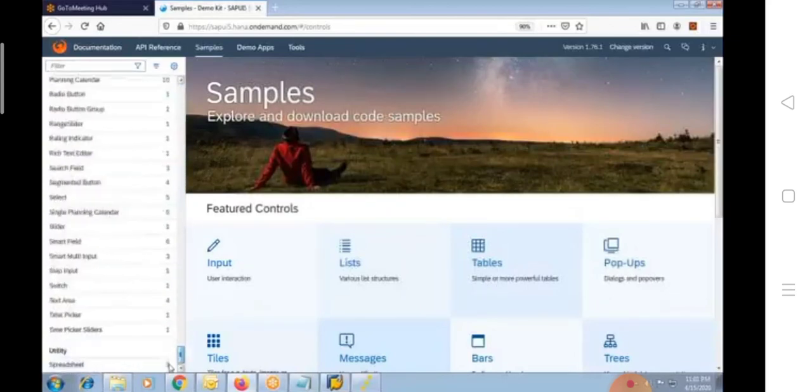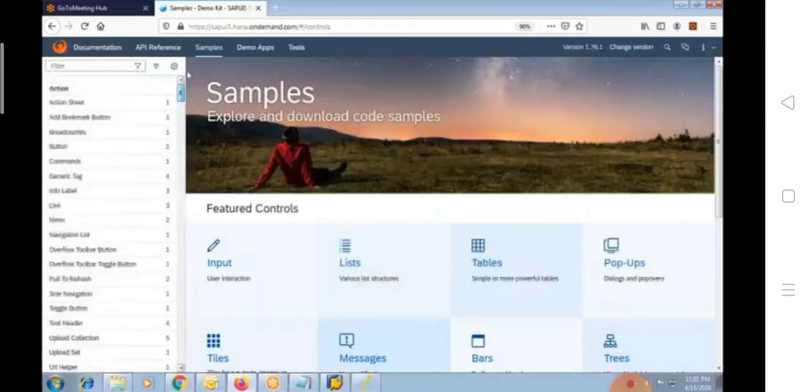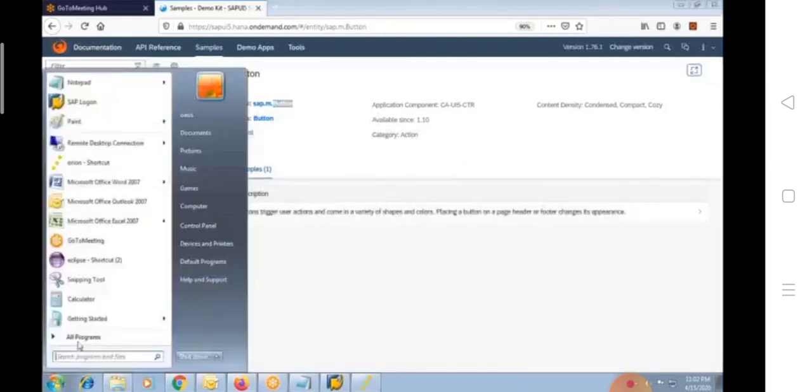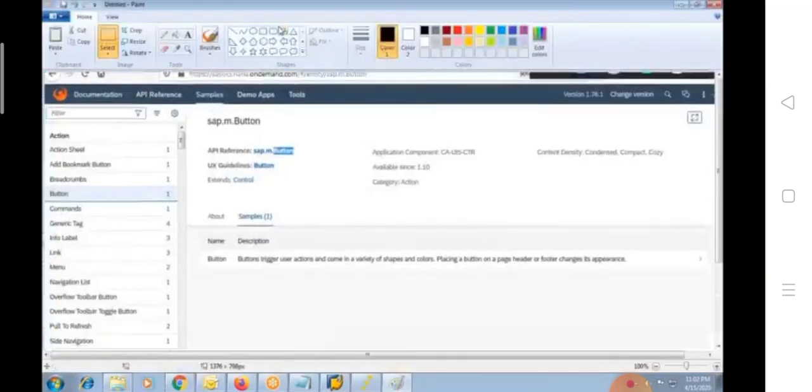So you can see all those screen elements. But all these screen elements are part of the UI5 framework itself. For example, there is a button. Button is a class, and this is a class from the SAP UI5 library itself. Here you can see button is a class.